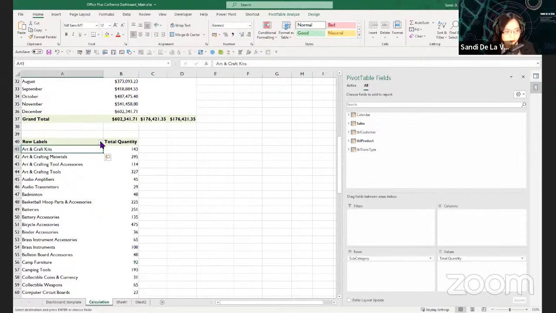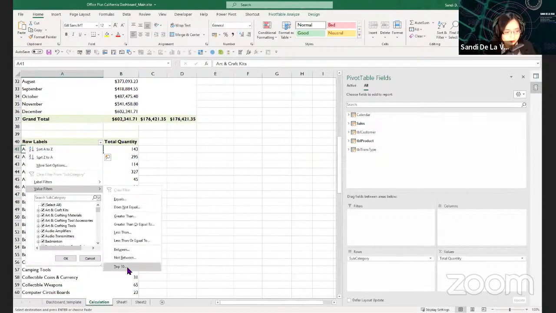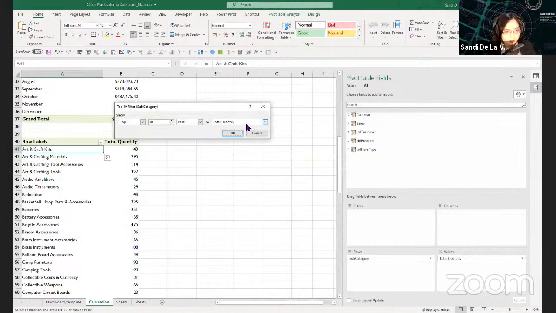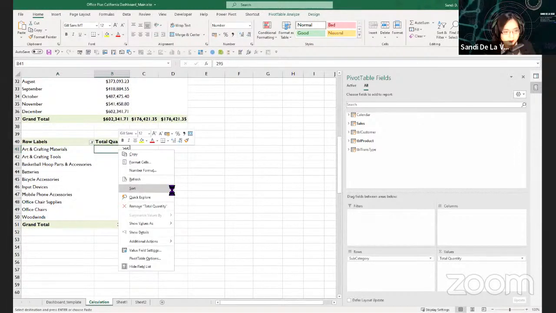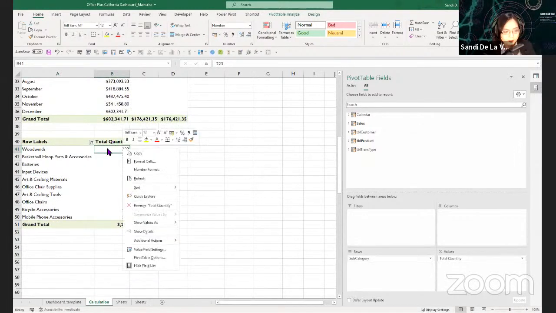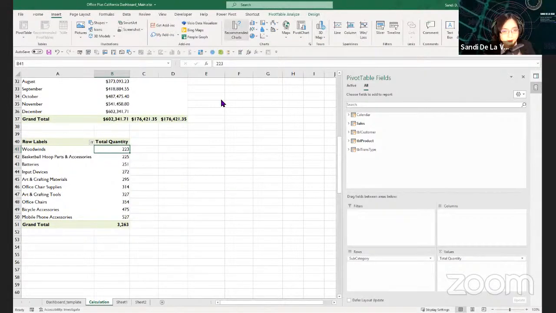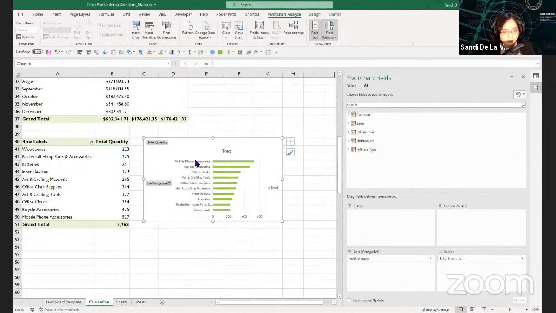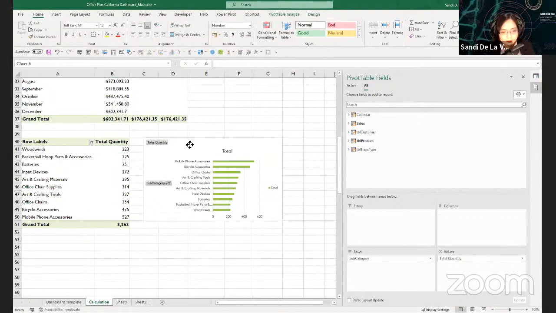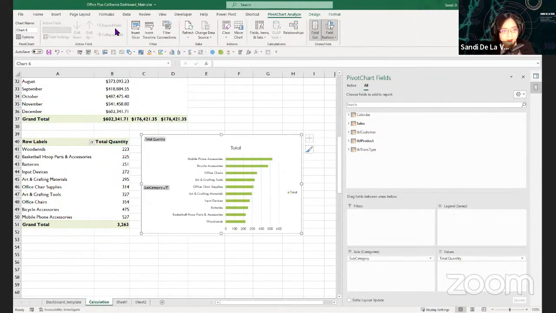So what we need to do is to use the value filters and choose the top 10 based on what? Based on total quantity, since that's the business question. Then if you want to sort it from smallest to largest, just right click the total quantity field, then use sort, then sort smallest to largest. As to why, let's create the horizontal chart. It will create this format where the largest is at the top and the smallest is at the bottom. So yeah, it seems reversed based on our pivot chart.